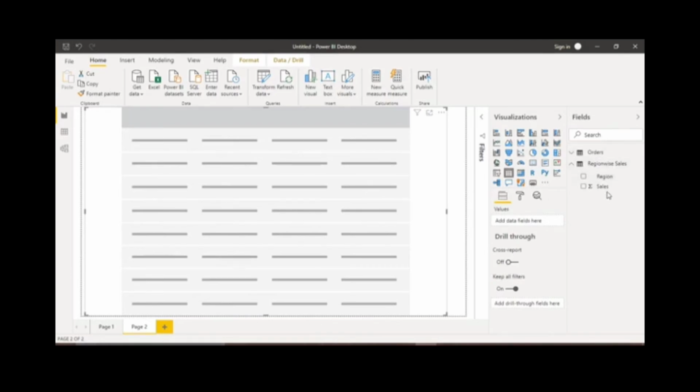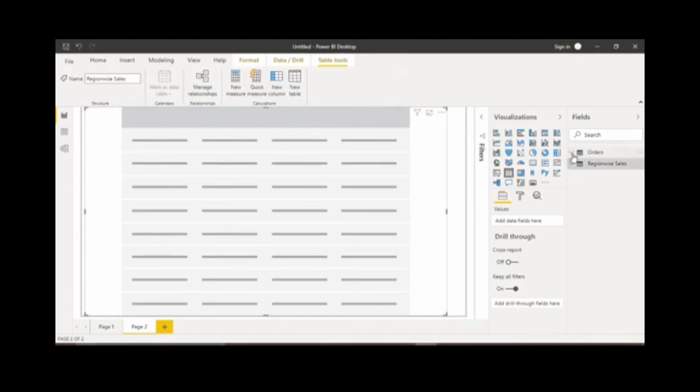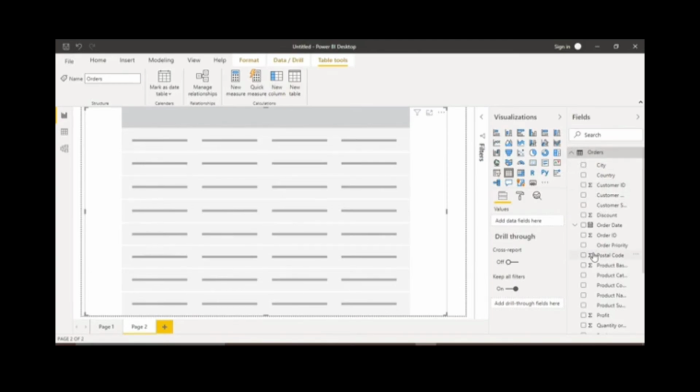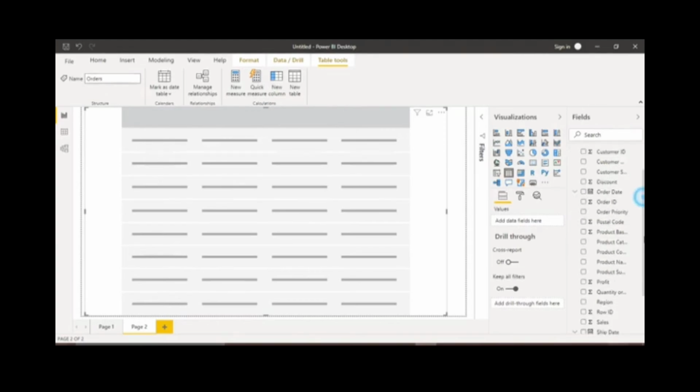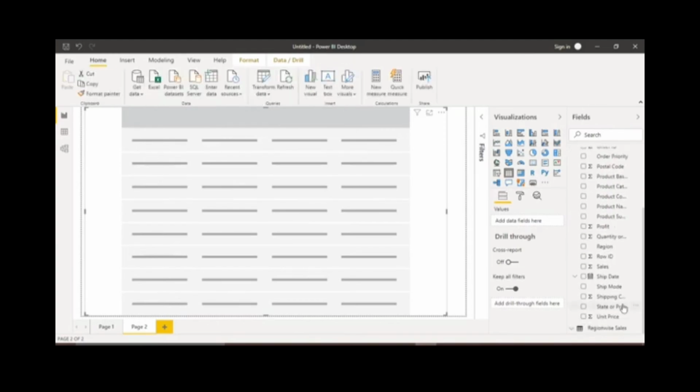So we have two tables actually. I'm just going to collapse this region wise sales, and I'm going to expand this orders table. Now this orders table is a part of the data set that I have downloaded from the internet. If you want for yourself, you can download any of these sample data sets from the internet, and then you can use it very easily. So we have got something known as state or province. I'm going to drag it in the values field,